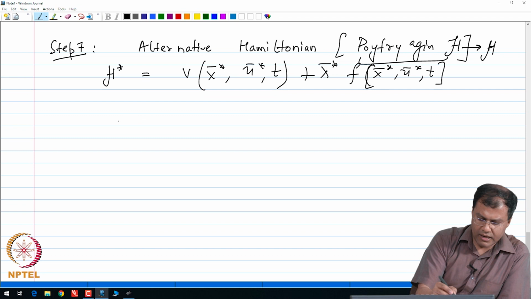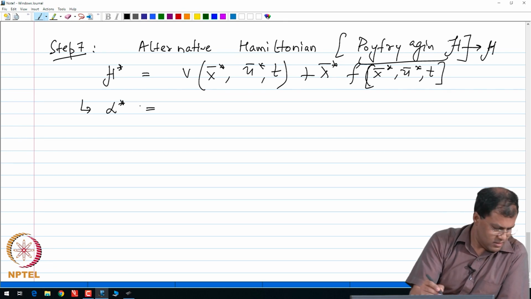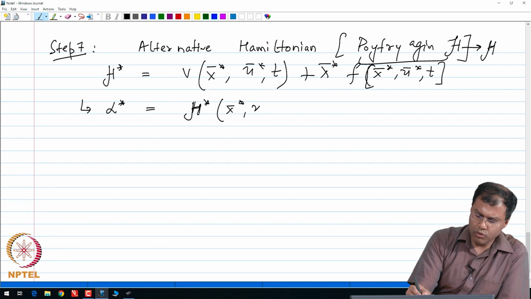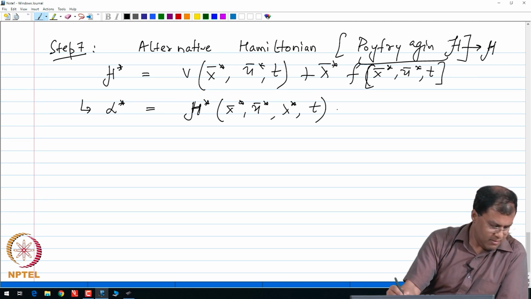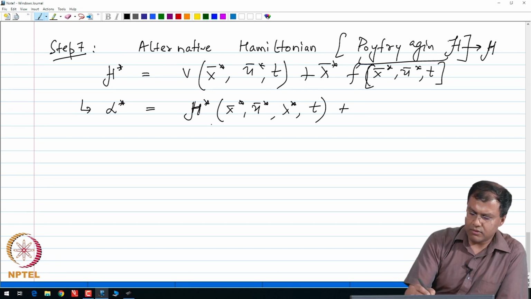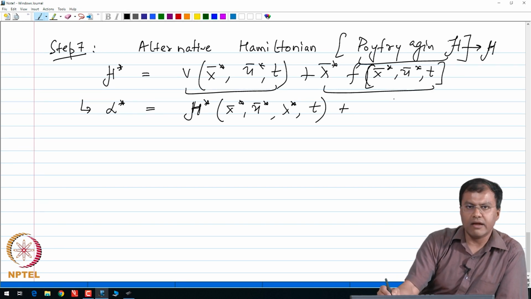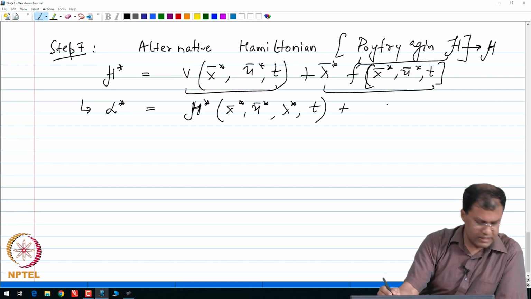So, notice that my Lagrangian can be written in the form of a Hamiltonian. This is also equal to H star at x bar star, u bar star, lambda star comma t, plus, and then notice that H contains the quantity inside the functional plus the right hand side of the plant condition,